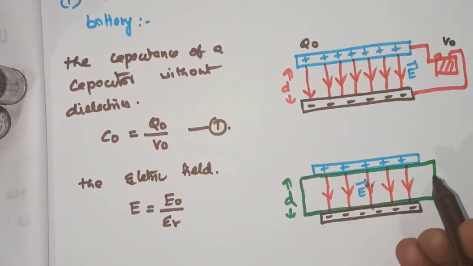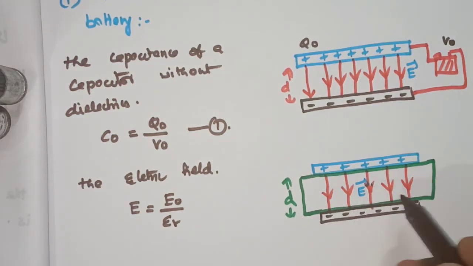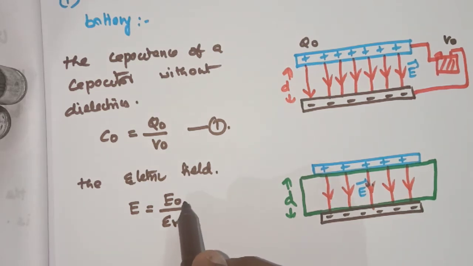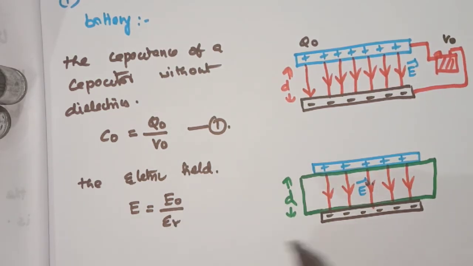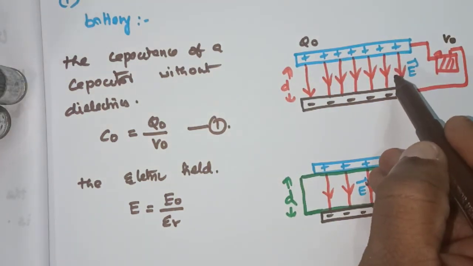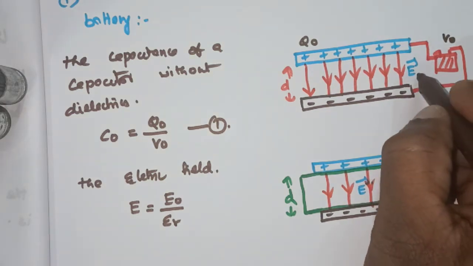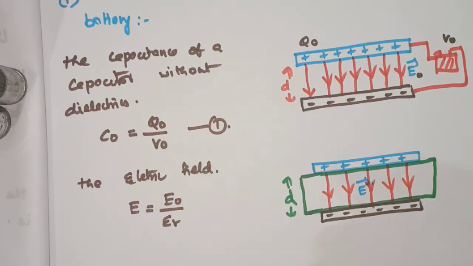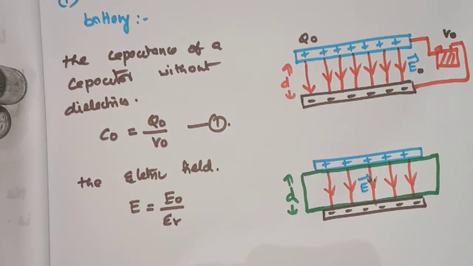So what is epsilon r? The permeability of this material, okay, dielectric material. Here E0 is electric field inside the capacitor when there is no dielectric material. Epsilon r is relative permeability of the dielectrics. Okay,